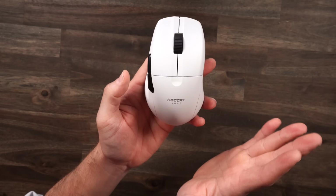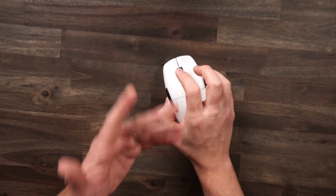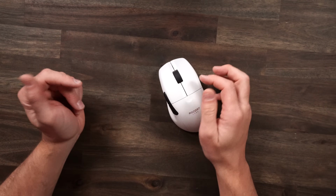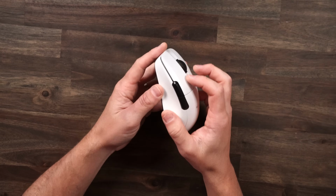Now, it is different. It is. It definitely takes some time to get used to, so give it that time it needs, right? It deserves it, right? And then I think it's really going to flow into you. One thing, I keep talking about the downfalls, right? I want to let you know the pros and cons here, right? The downfall of this mouse, which has kind of led it away from me a little bit, is I feel